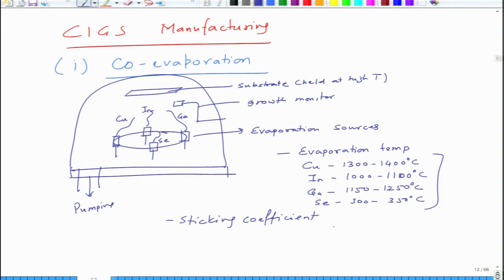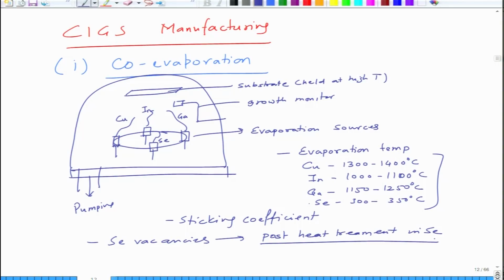Generally, what happens here is that elements like selenium are volatile elements. So, selenium being volatile leads to selenium vacancies. So, this may require you to do a post heat treatment in selenium, because selenium has high vapor pressure because of its low melting point and boiling point. As a result, it tends to get depleted from the devices,